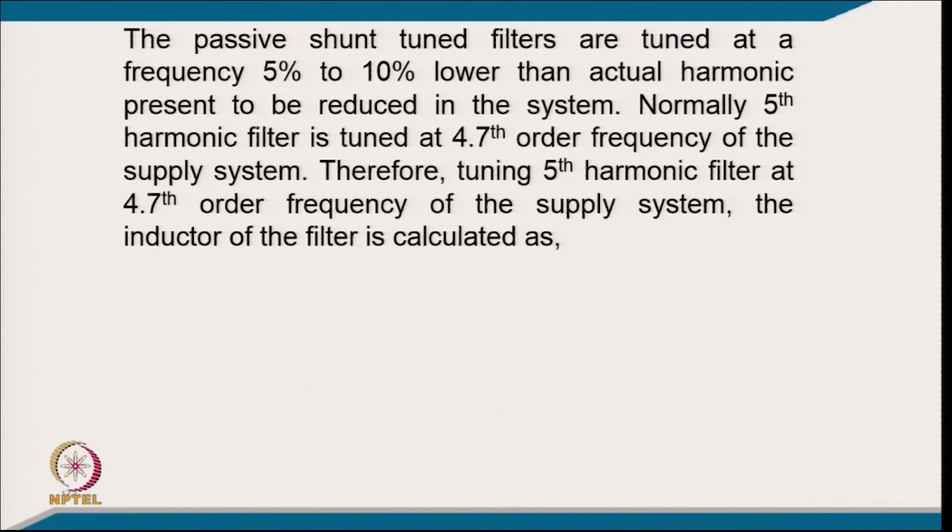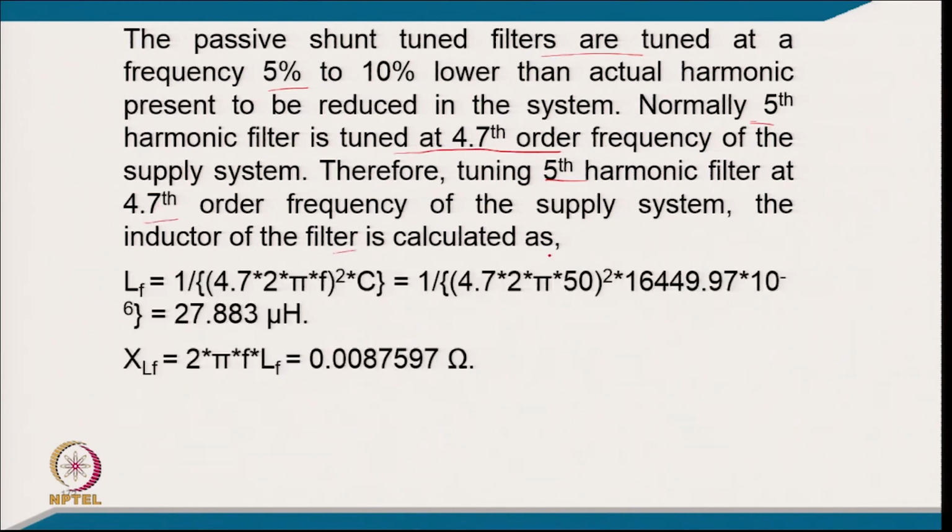The passive shunt filters are tuned at 5% to 10% lower than the actual harmonic present to be reduced. So, normally a fifth harmonic filter is tuned for the 4.7th harmonic order of the supply system, and the filter inductor is calculated from this relation. Typically for this passive filter, the capacitance is given and this is tuned for the 4.7th harmonic of the fundamental. So, the inductance of this passive filter comes to 27.887 microhenry